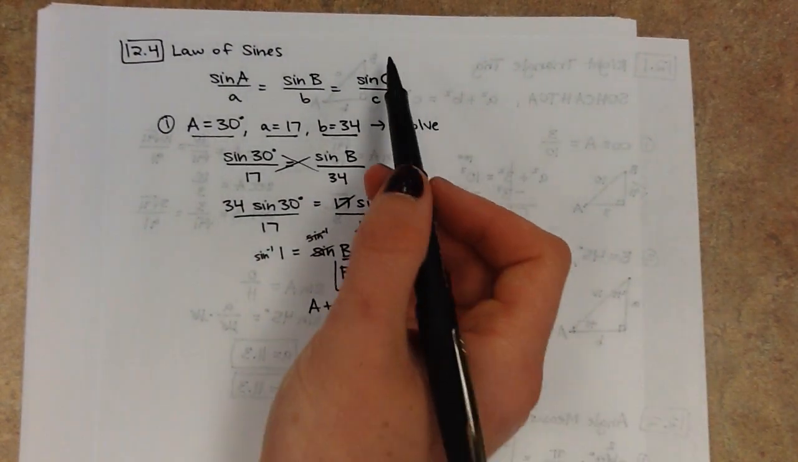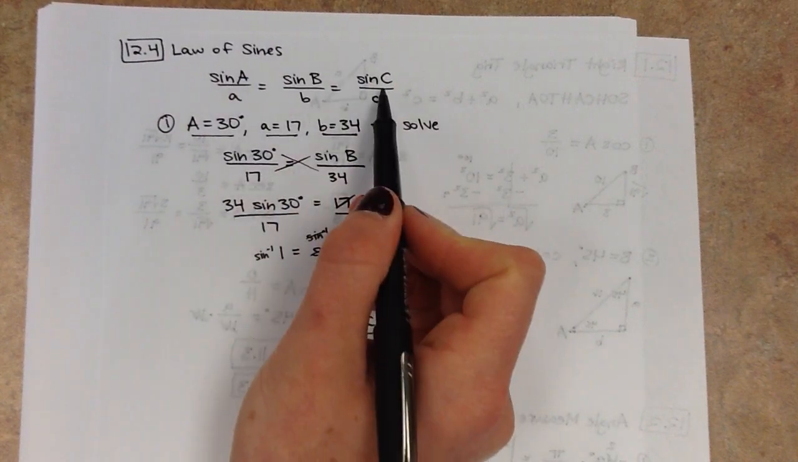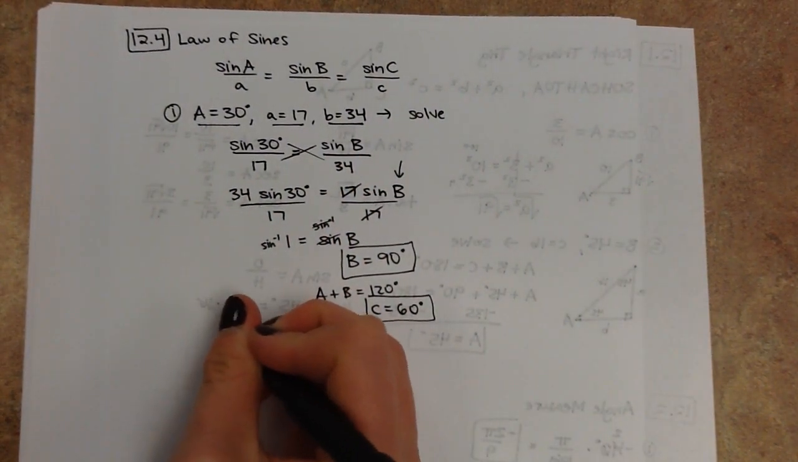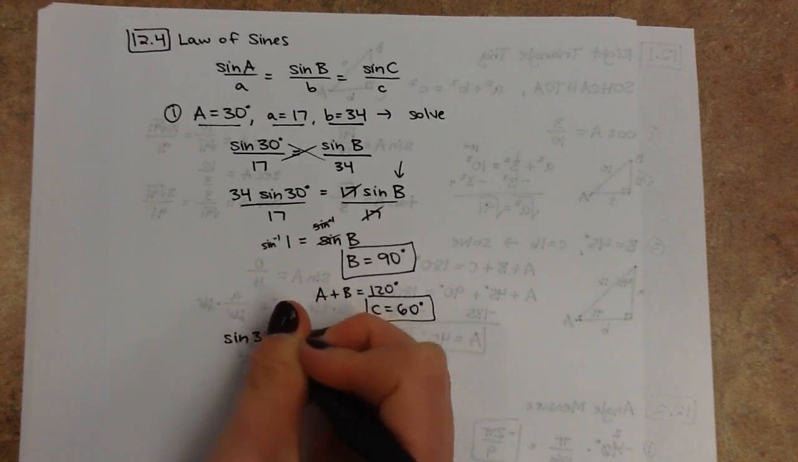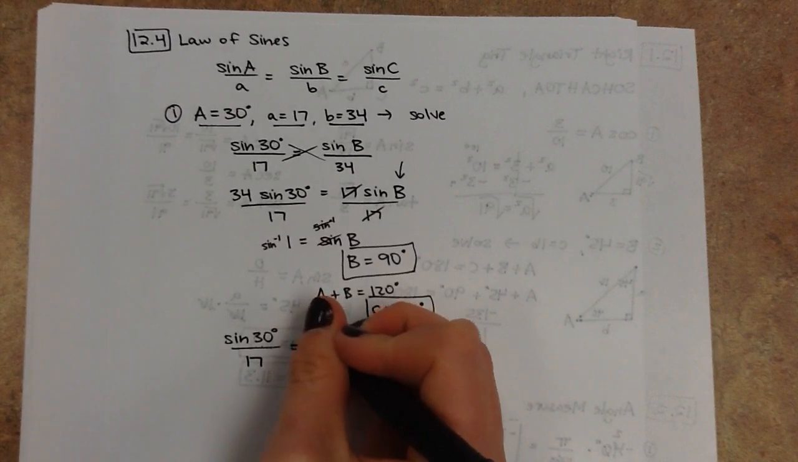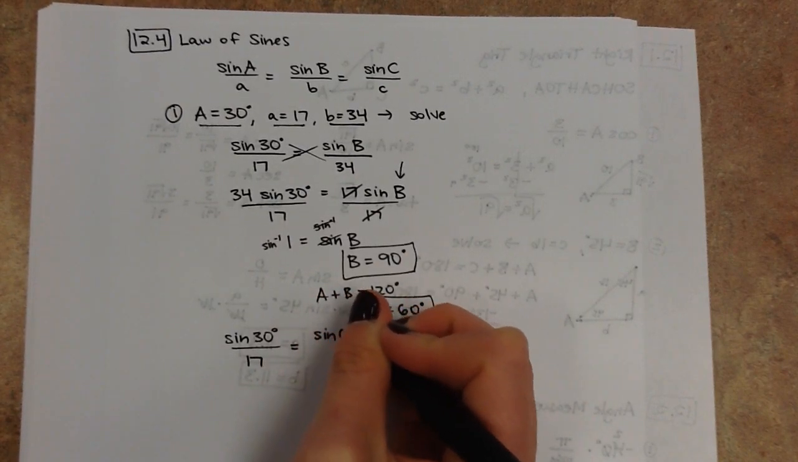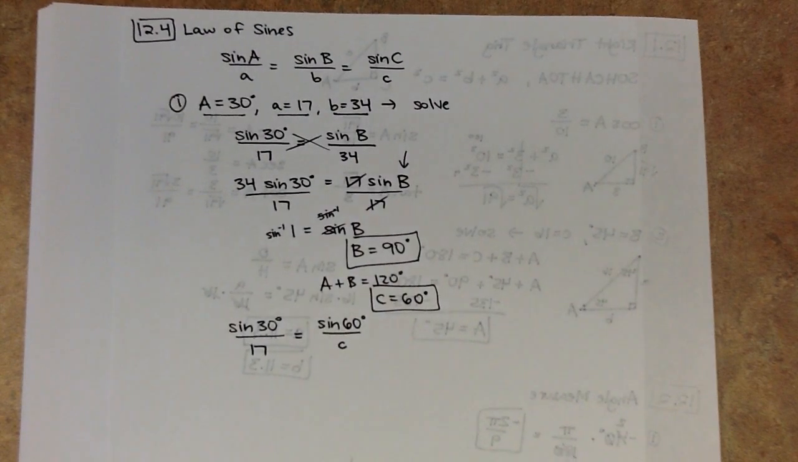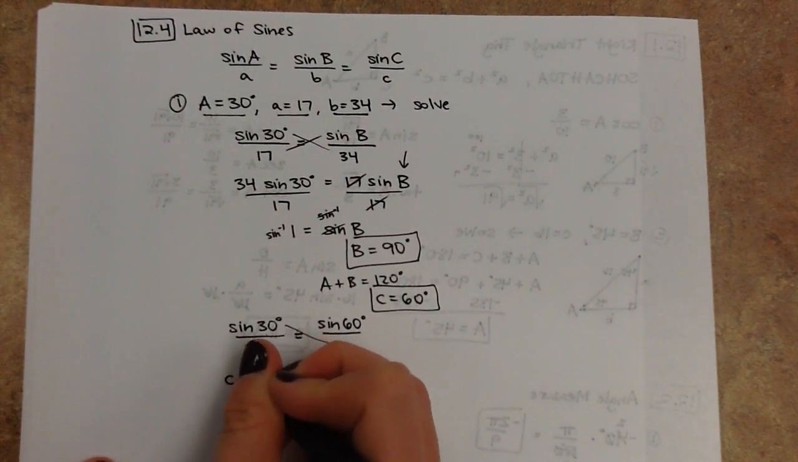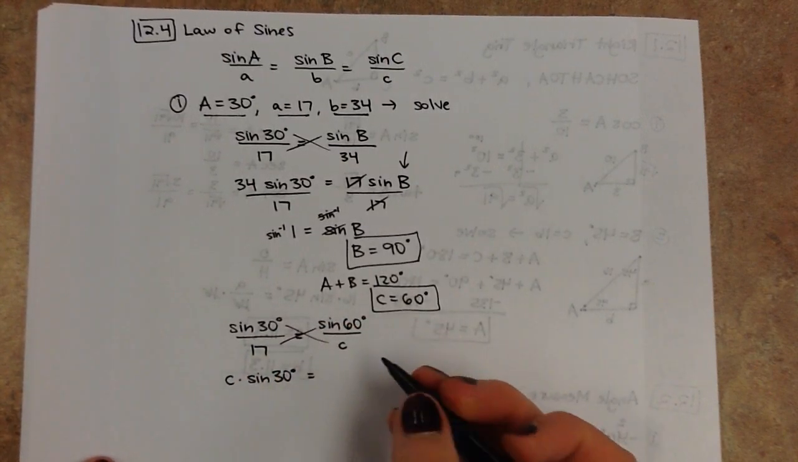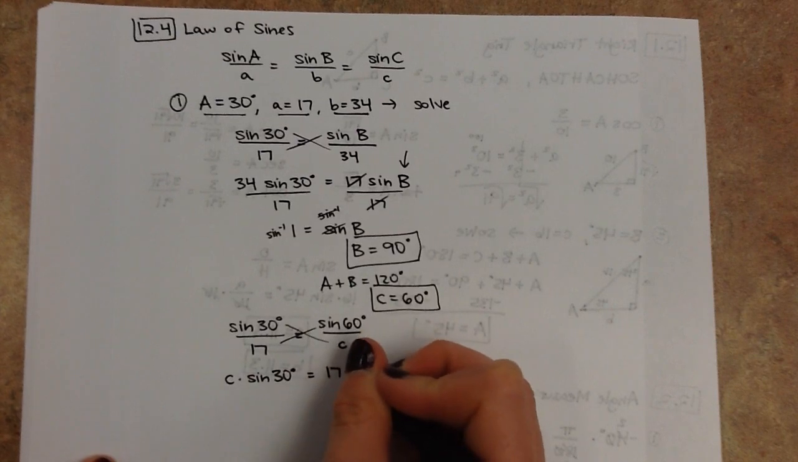So now I could set up either one of these. I could set up A equal to C or B equal to C. Let's do A. So sine A is 30 over little a, which is 17. Set that equal to sine of C, which is 60 over little c. So that's the last piece that we're trying to get. So just like up above, we cross multiply here. So I get C times the sine of 30 equals, and then I cross multiply here, 17 times the sine